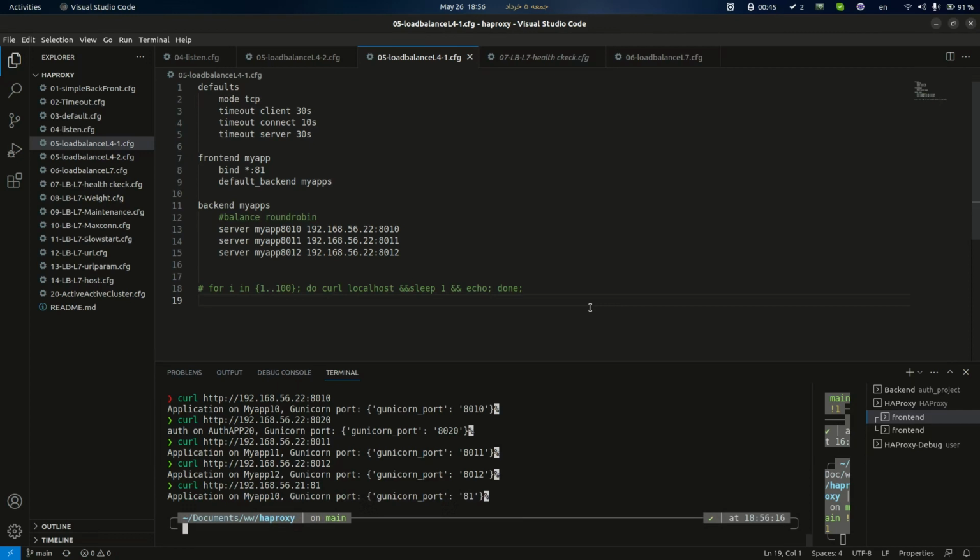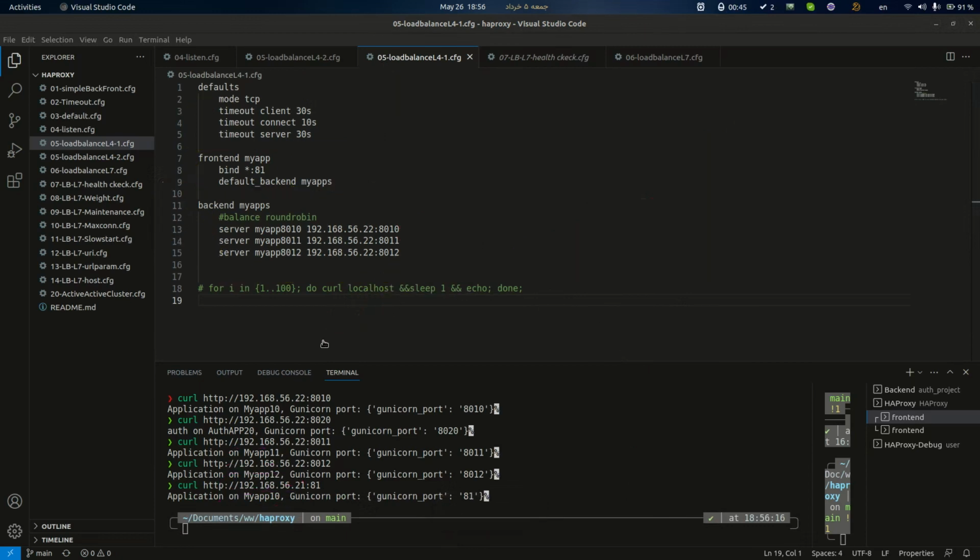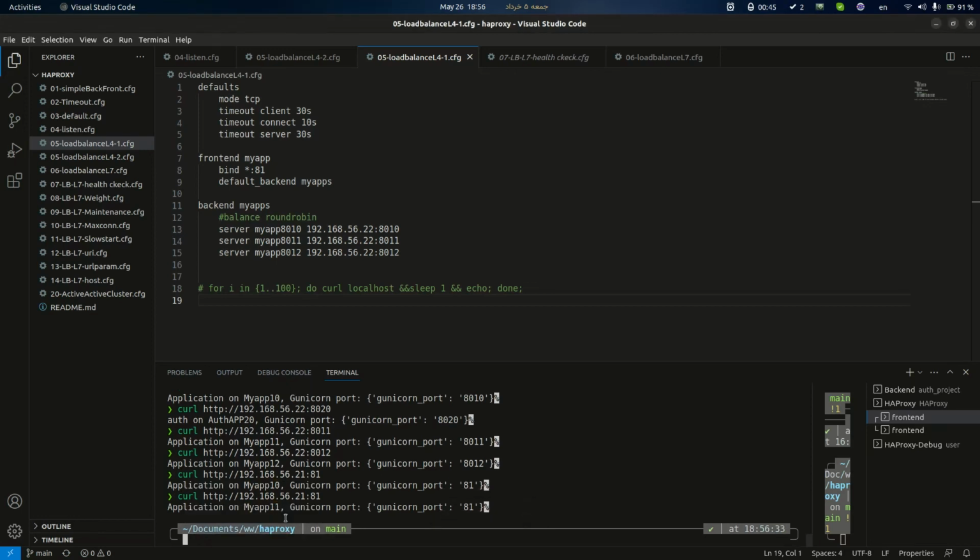See, it is running. The first time, my app 10 answered me. Second one, look here, it is my app 11, my app 12, 10, 11, 12, or you can use